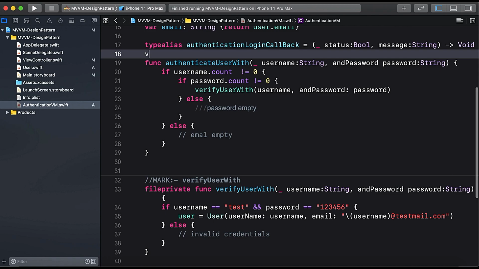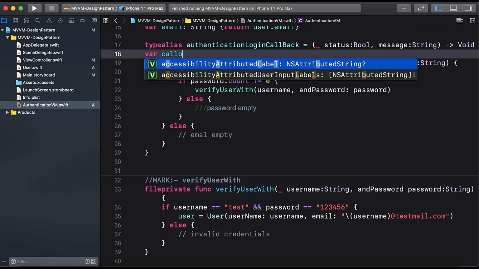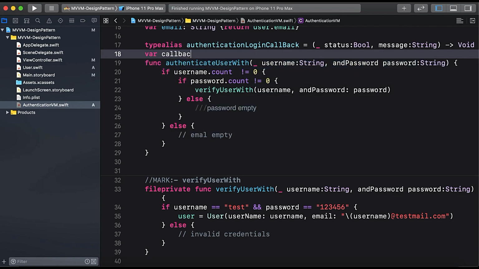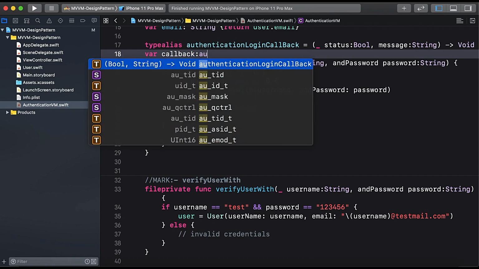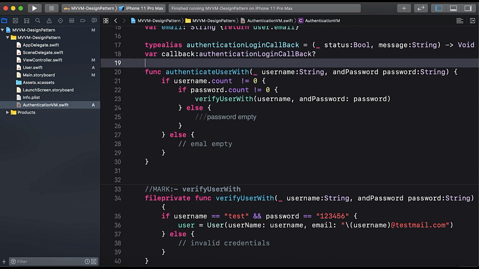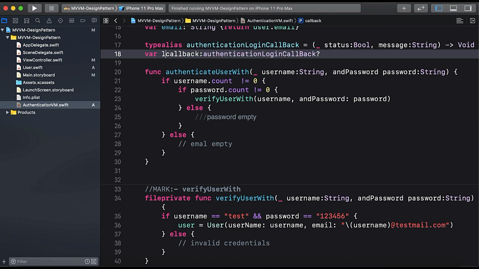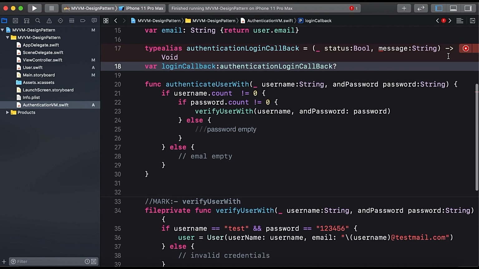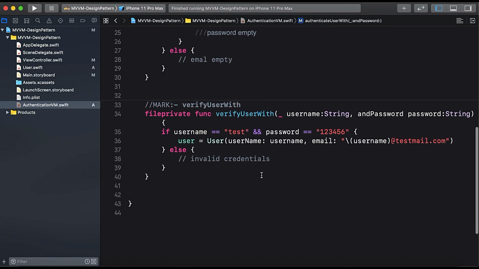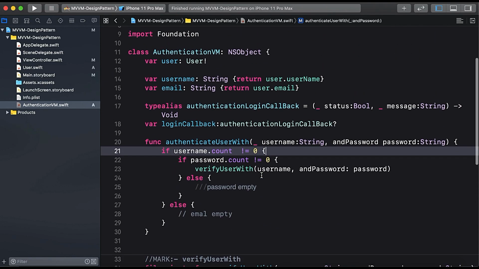So here and here we'll say callback of type AuthenticationCallback. Here it says loginCallback,